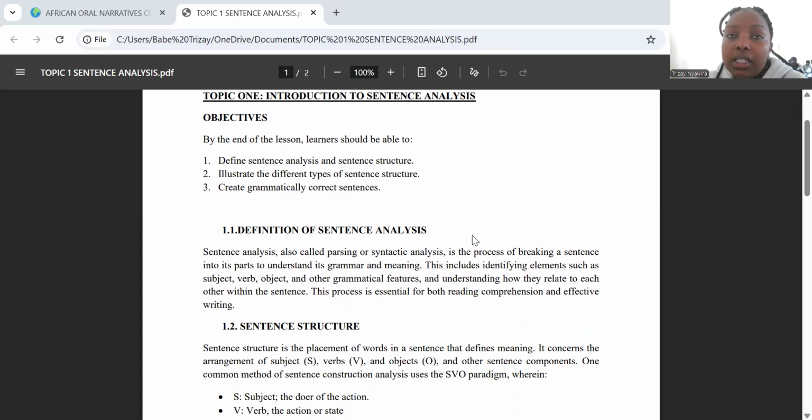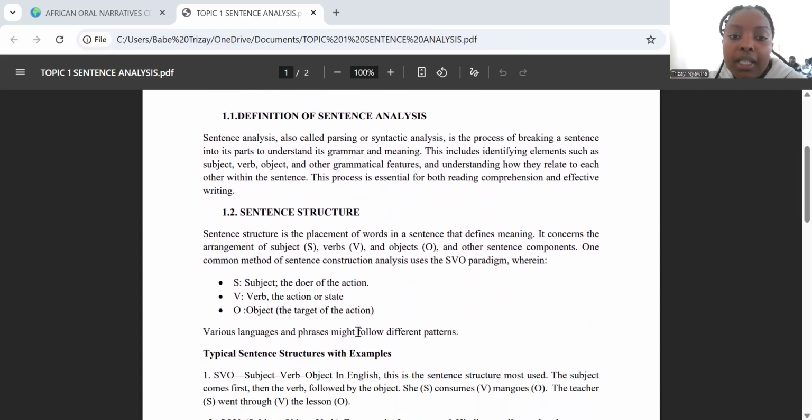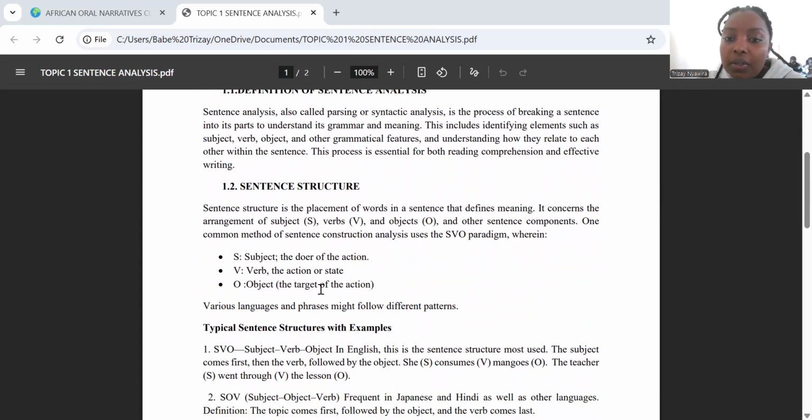So sentence analysis is the fact that you break down your sentence and be able to understand what it contains or what it constitutes. So our next subtopic is the sentence structure. Sentence structure is a placement of words in a sentence that defines meaning. It concerns the arrangement of subject, verb, and objects and other sentence components. One common method of sentence construction analysis is the SVO paradigm,